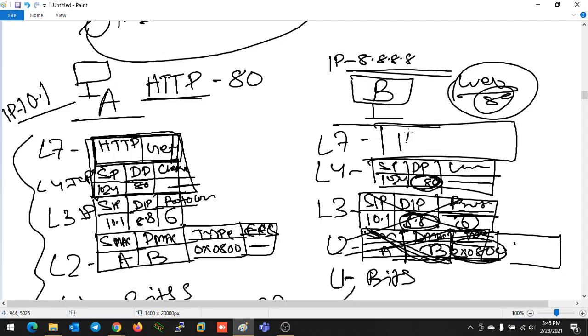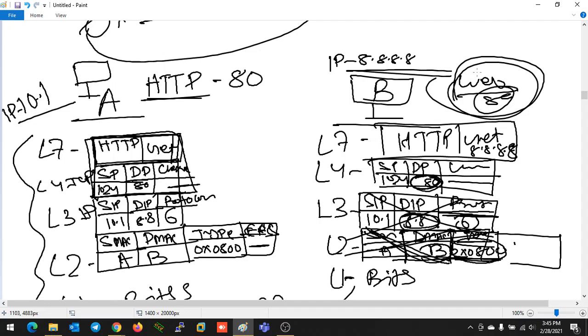So after receiving that, HTTP gets to know this is a GET request for 8.8.8.8. So now what will HTTP do? As you are running the web service, whatever web page you have, in response, again the encapsulation process will start. B will send a response with that web page. So this is the whole process.